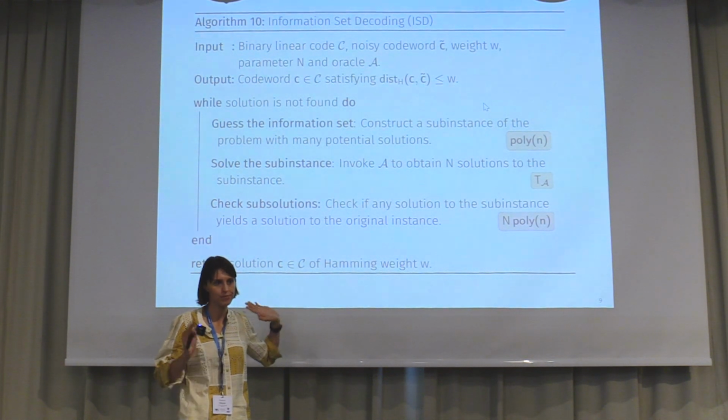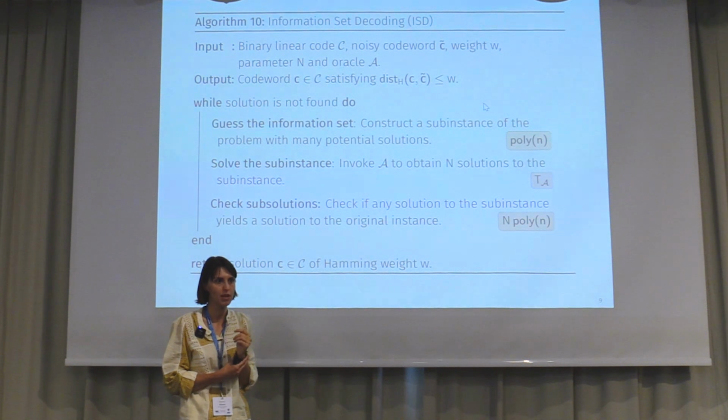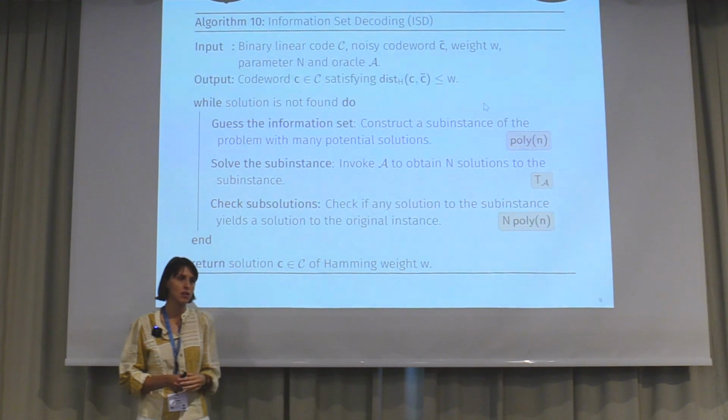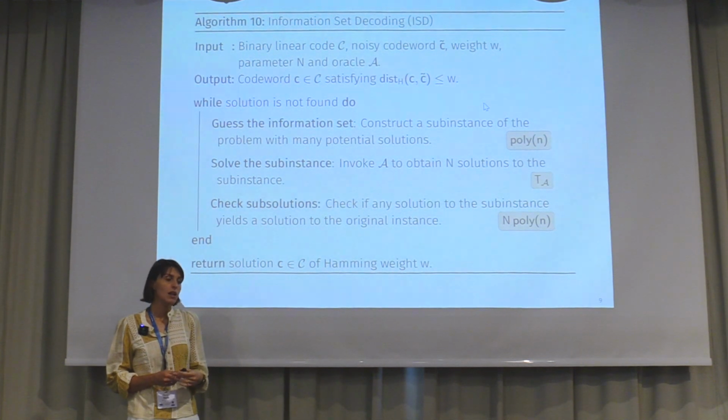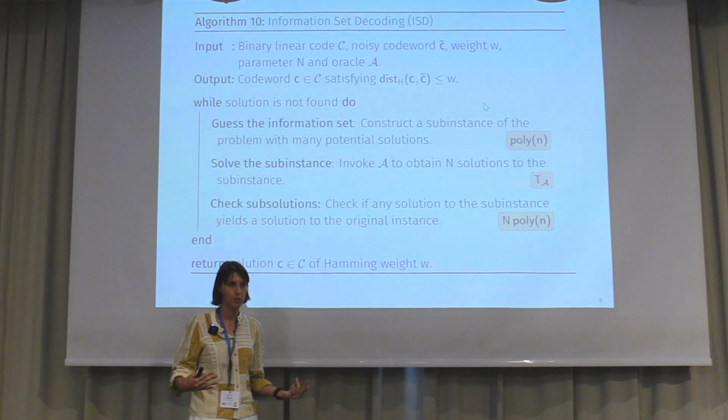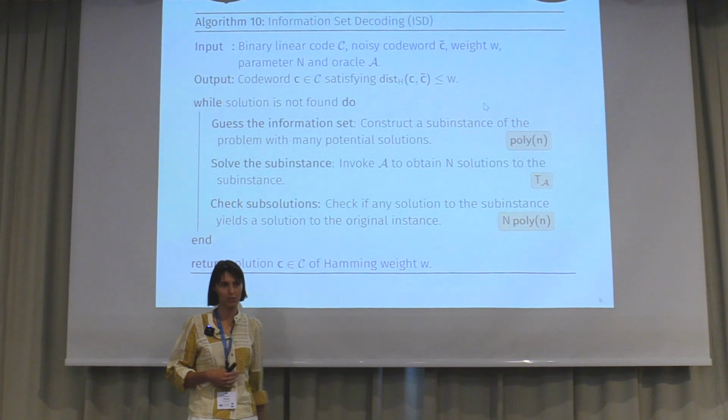You don't record them because it would require too much memory. You just continue as if you didn't know anything about the previous iteration. And this makes sure that the overlap isn't too big. Well, if you're assuming that you're sampling this information set randomly, it will not happen with overwhelmingly